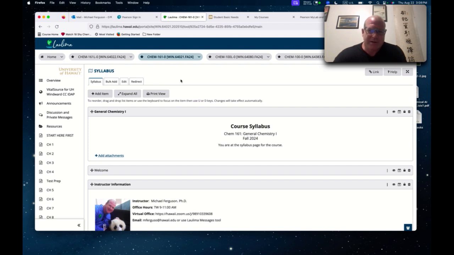You might get another semester of Sakai, unfortunately. But here we are in Laulima, and here's the page. I showed you the VitalSource link. That's how you access the textbook, and it's already paid for through your student account.